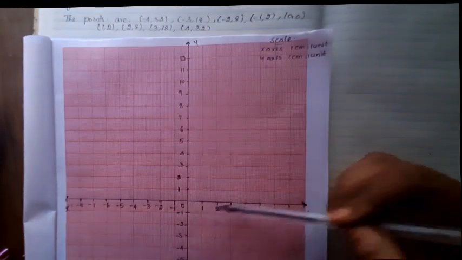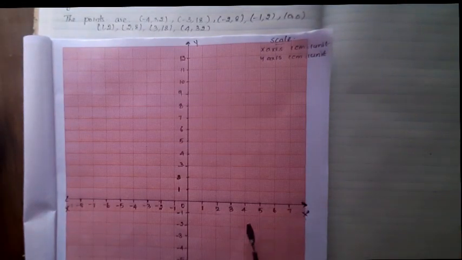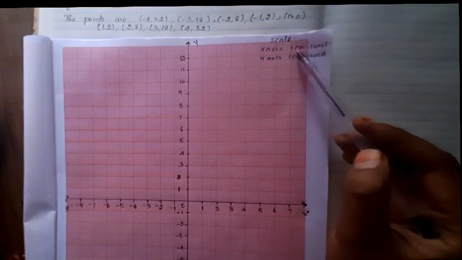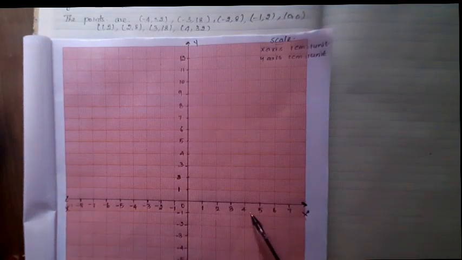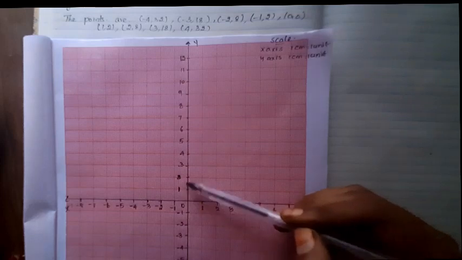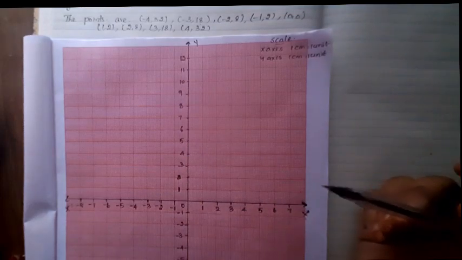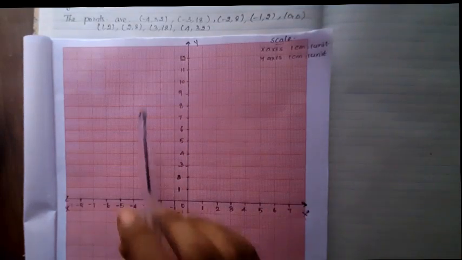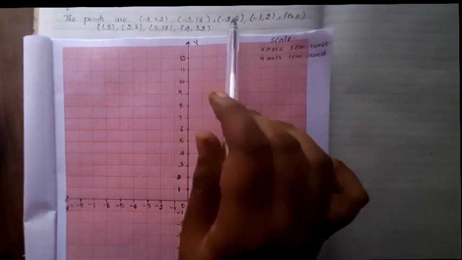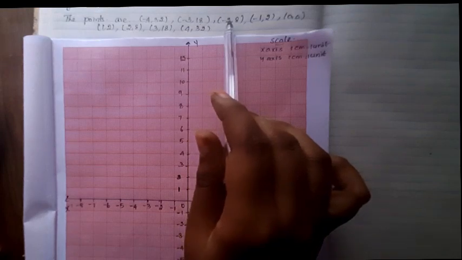So I wrote the scale and also the axes. It is very important to write the axes: x and x dash, and y and y dash. Then here 0. The scale I have written: x axis 1 centimeter equal to 1 unit, and the same for the y axis, 1 centimeter equal to 1 unit. Next, our aim is to plot these points. Minus 4, as I already said, these two are greater values, so you can leave them. We can start from here. If we need, we can plot them later.